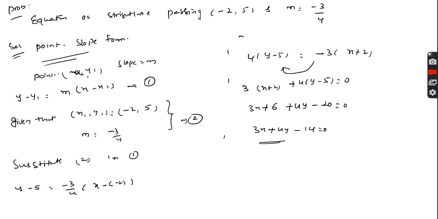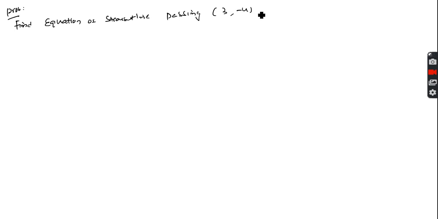Next one is, what is the problem? The problem is: find the equation of straight line passing through (3, -4) and having inclination